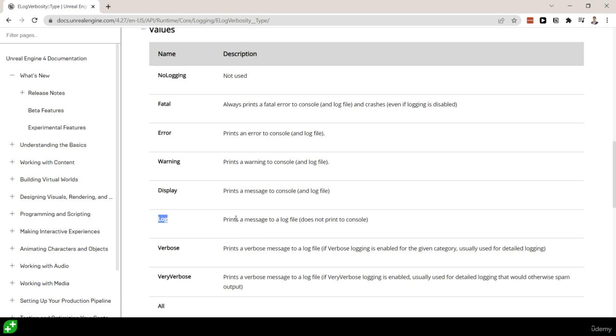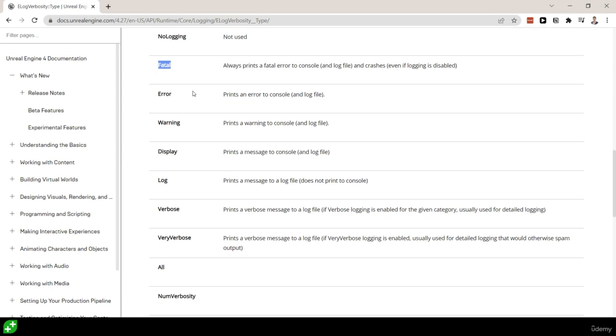If you're debugging someone's game and it ran on their machine, they're sending you a log file. Then you've got Warning. This is for when things seem to be going wrong, and it prints it to the log console, and it is also in yellow. Then we've got Error, that prints it in red, and then Fatal basically prints it to the console and crashes the engine. So you kind of want to use this one as a last resort,